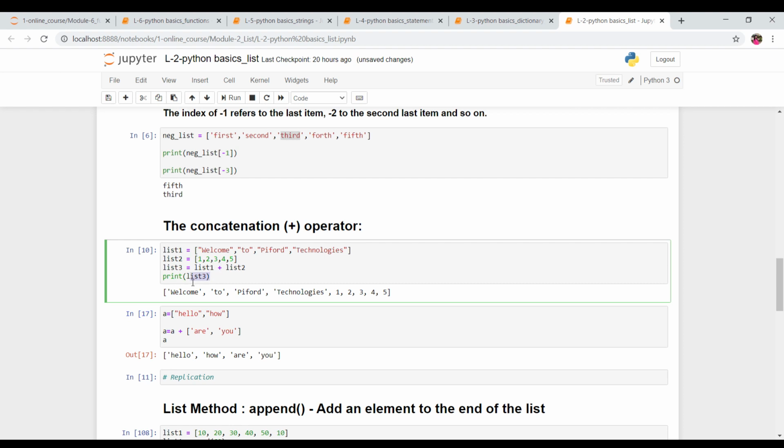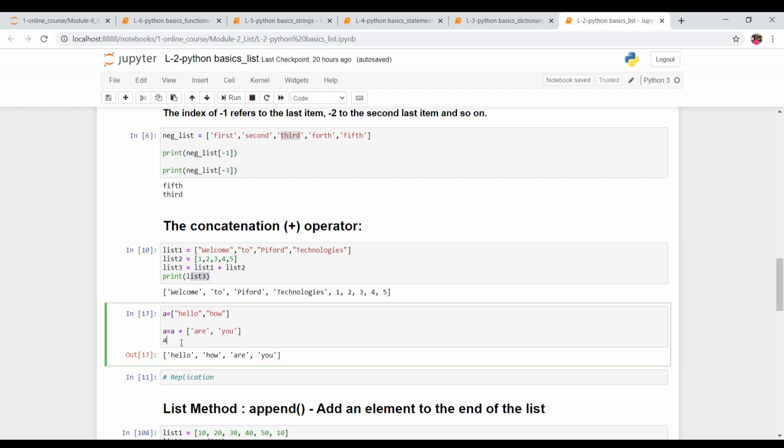So when you print list 3, you'll get the data of the first list and second list together in one list. You can see the square bracket is starting over here and ending over here, and in this we have the data of both lists. All right, so this is how concatenation gets performed.